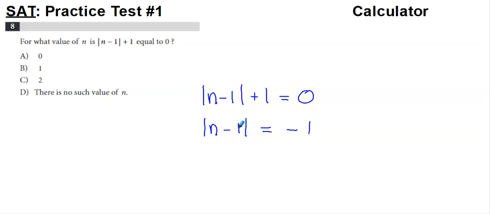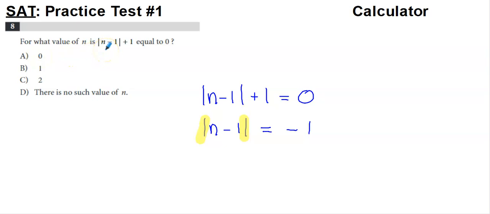So you might think, all right, well, hey, negative 1 plus 1 gives me 0, but I have to take the absolute value of whatever ends up inside this quantity here. So even if I put a 0 here, 0 minus 1, yeah, that is negative 1, but the absolute value of negative 1 is positive 1, and then positive 1 plus 1 is definitely not 0. So it's tempting to go with choice A here,